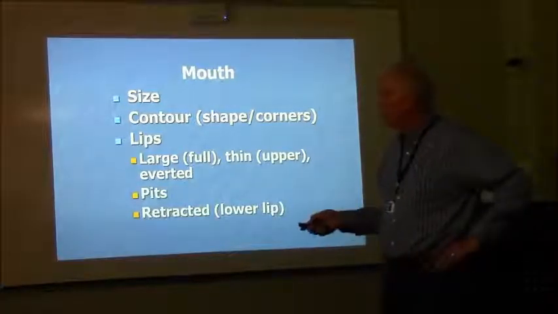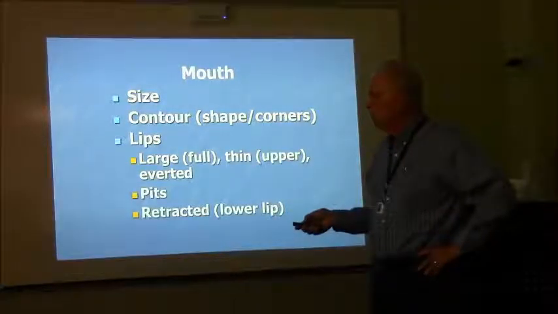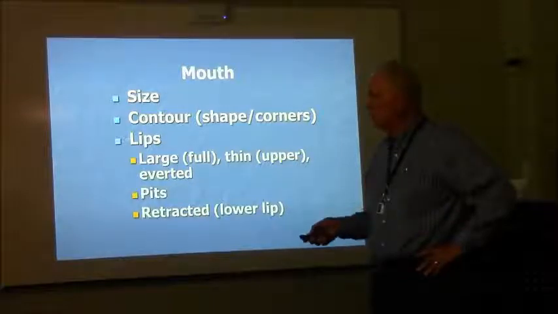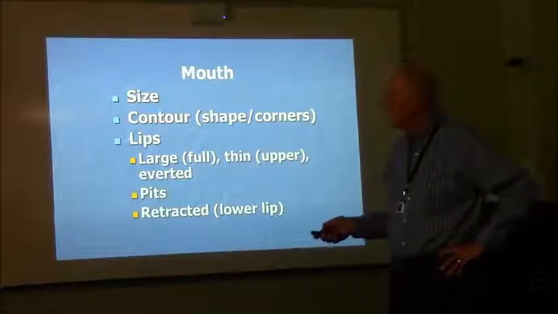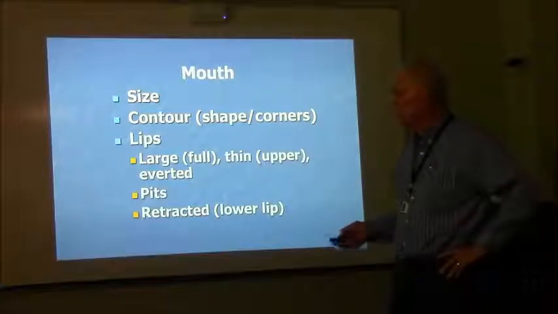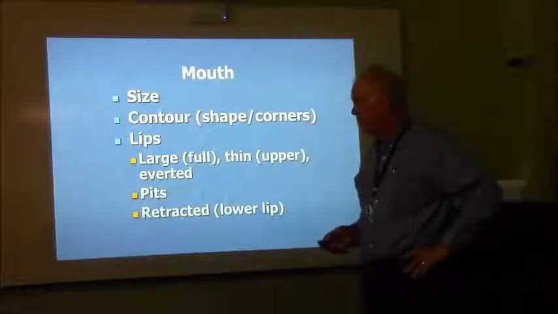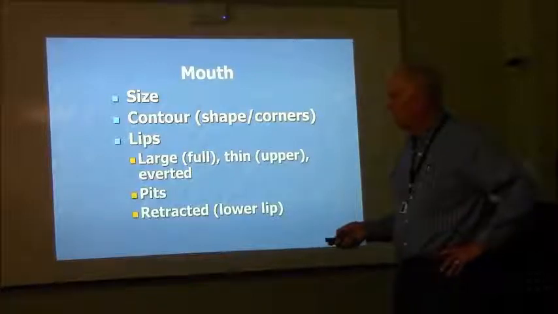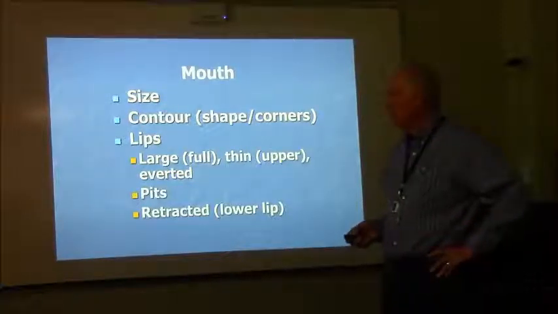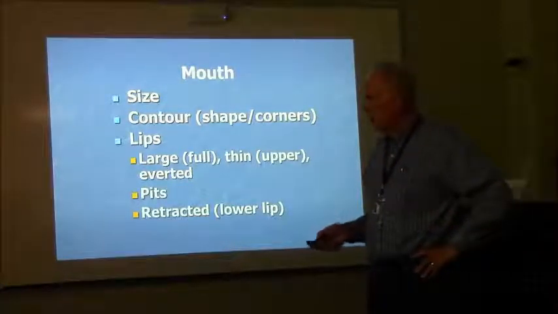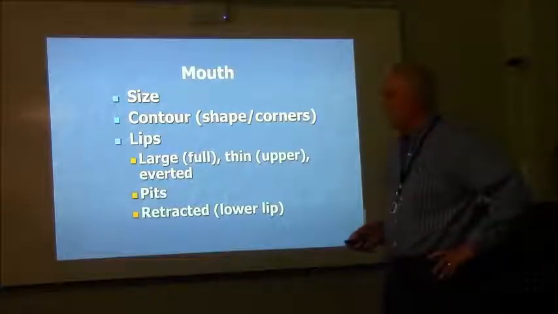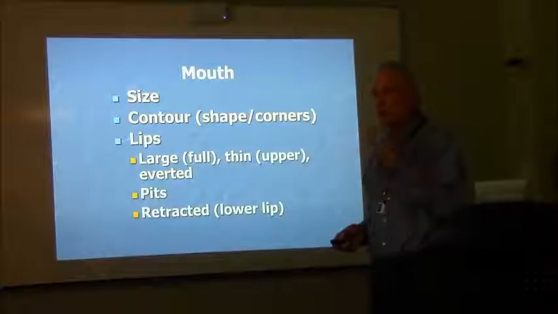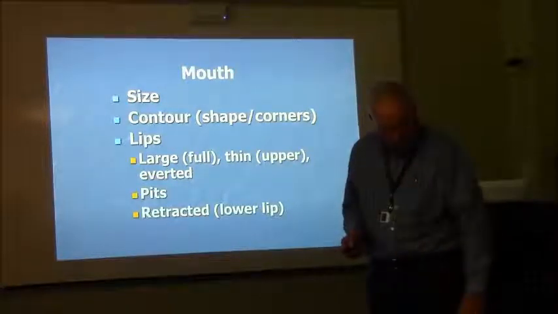The mouth, we talk about the size. We're interested in the shape and corners of the mouth, i.e. the contour. The lips, whether they're large, thin, everted, and there are many other descriptors, and whether there are pits. And we're talking about the lips in particular, whether the lower lip is retracted or everted. There are many other descriptors that I could put into these things, but these are the more common ones that